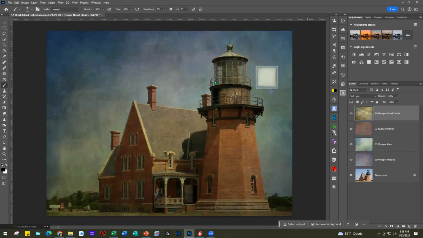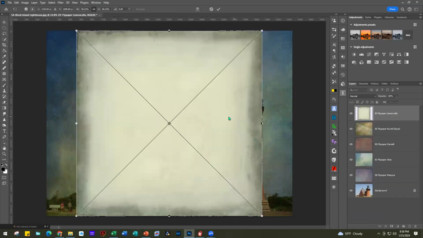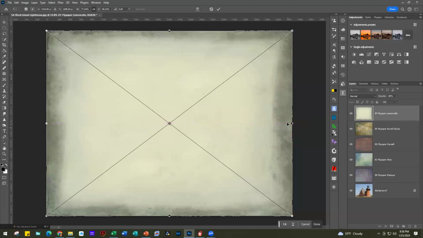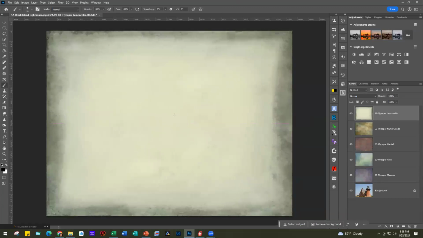And then number 5 is, this one's called Limoncello. So this is a perfect example of where we're talking about the lighter colors are going to fade out when we do a multiply blending mode. So the multiply blending mode is going to darken the darkest areas of this image. And this one's not quite pure white, so there'll be a hint of color, but it's pretty much going to